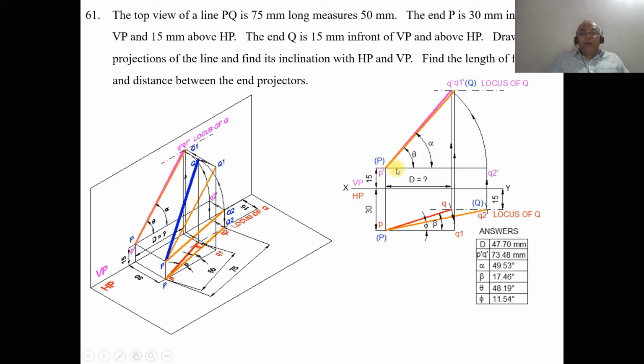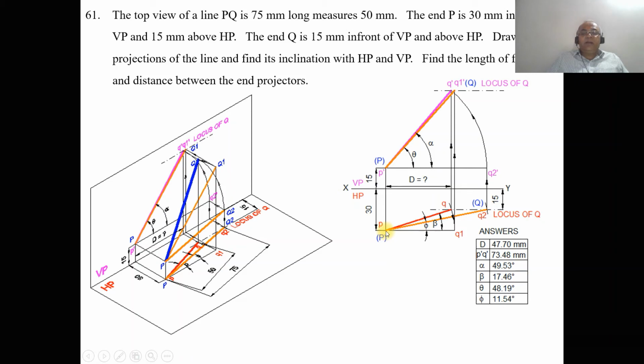Consider any point on these two horizontal lines and draw a vertical projector so that it cuts the two lines at P dash and P. Mark these as small p dash and small p, and here capital P and capital Q. And he has also said the end Q is 15 mm in front of VP. So in front of VP you take 15 mm and draw a horizontal dashed line, and you mark this as locus of Q. As we know that the top view distance is 50,